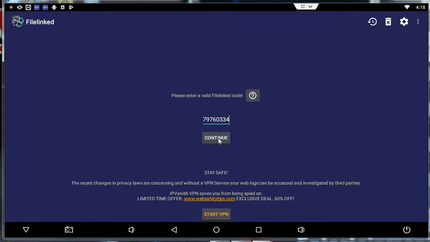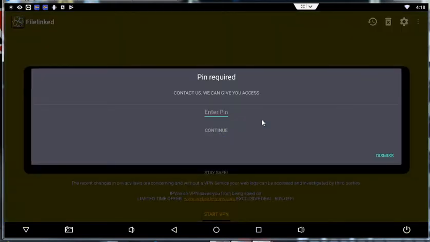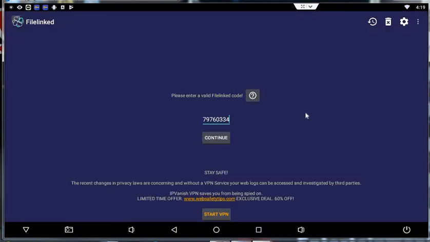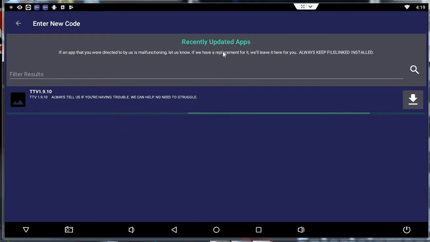Now you will need a second code, because it's going to tell you that you need a PIN number in order to download these apps, because these apps aren't for everyone. We are helping out folks that have gotten a device from us, and our friends. So for the purposes of this YouTube video, the PIN number is 1212. Alright? Once you enter that code in and click continue,